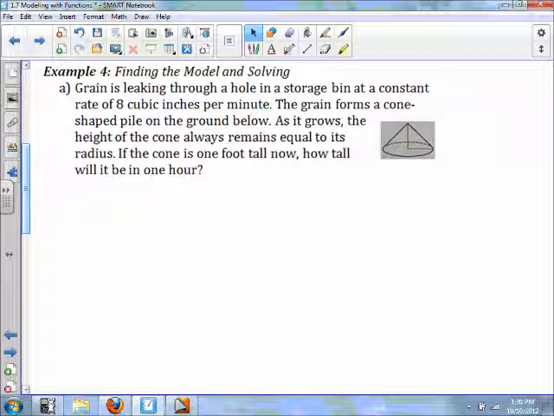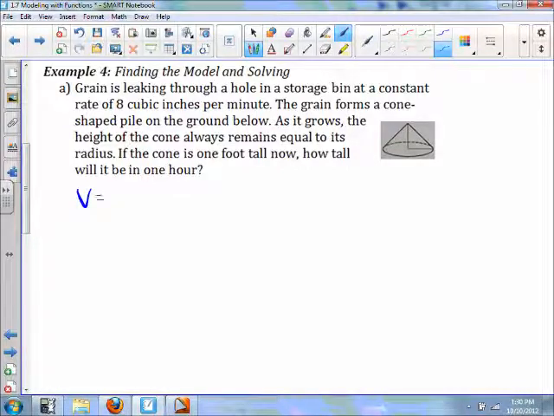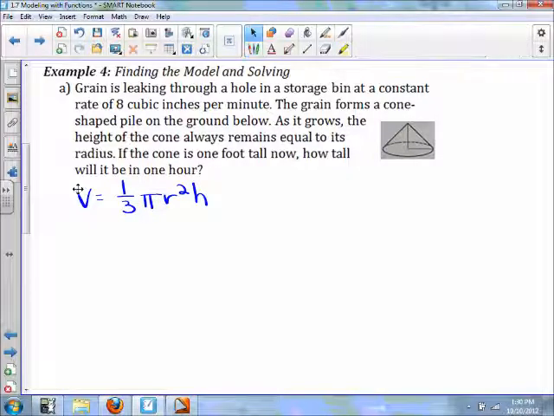Well, we've got a couple things here. When we're dealing with something falling out of the ground, we're going to be dealing with volume. So we're going to find the volume of a cone. If you look in the front cover of your book, you'll find that the volume of a cone is 1/3 pi r squared h. Now, the other thing it says,